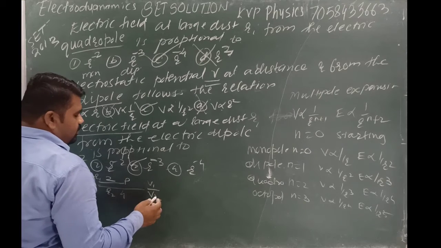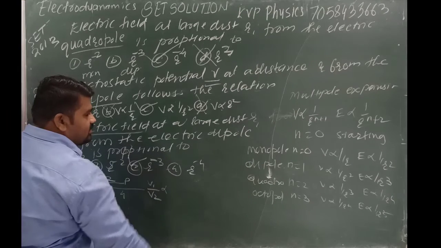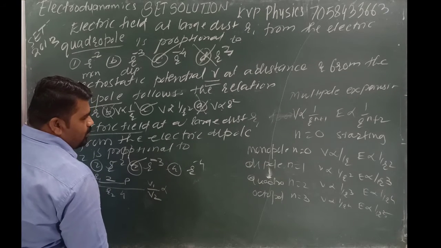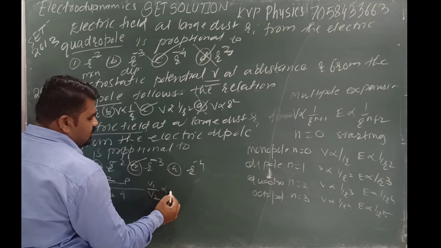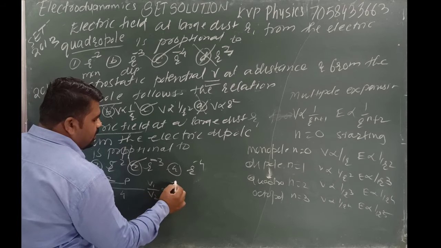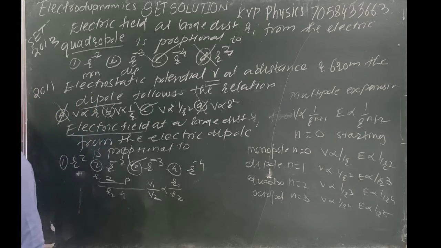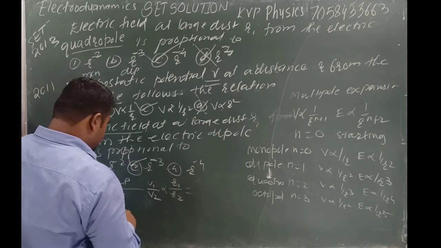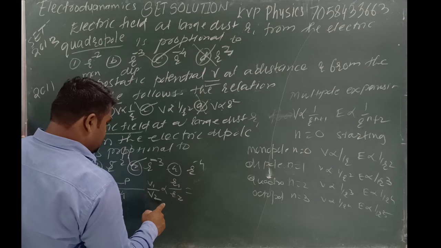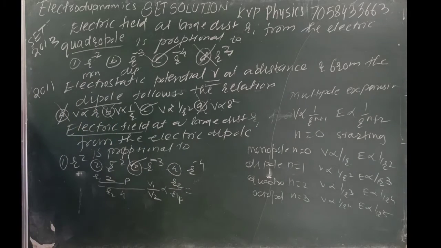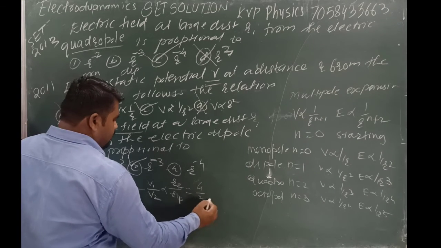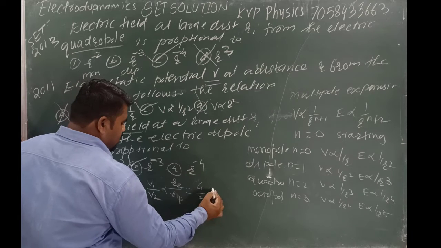Suppose they ask for dipole, potential is directly proportional to n plus 1. For monopole, potential is 1 upon R, means here it is R2 upon R1. Means this ratio is equal to how much? This ratio is equal to R2 upon R1. R2 upon R1 इन्वर्ट हो जाएगा, ठीक है. तो R2 वैल्यू कितना है हमारा? 4 by 2